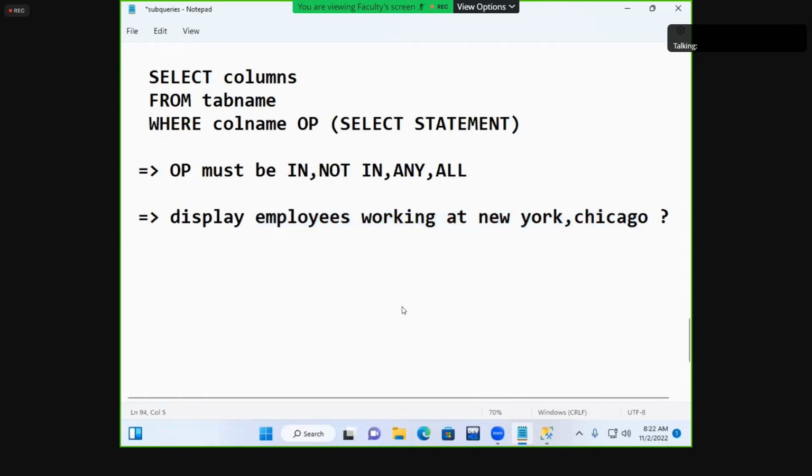Then select what? Select star from EMP where location is given. What is given to you? Location is given. But in the employee table, location is not there. What is there in the employee table? Department number is there. So then where department number equals to,